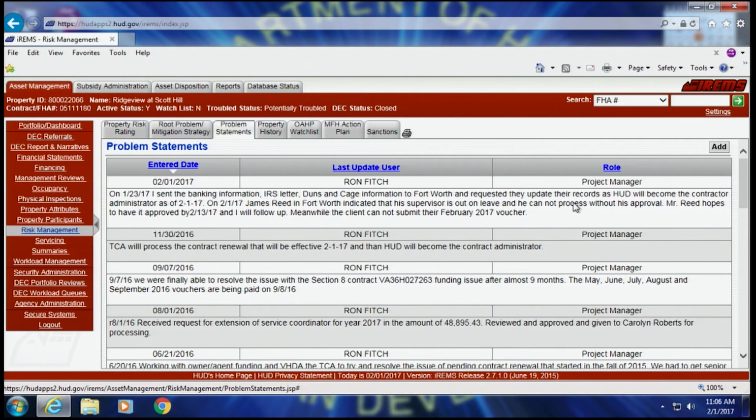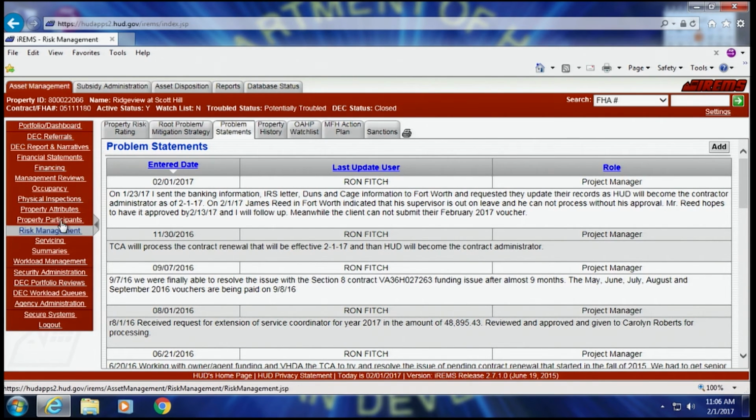They want to know why those units are offline, and if it had a fire, if it had a tornado, or something like that that's not a natural disaster or is a natural disaster, we're going to look for information here. So we stress, please keep your problem statement up to date. It helps us, it helps you, it helps everybody that's looking at this particular property.